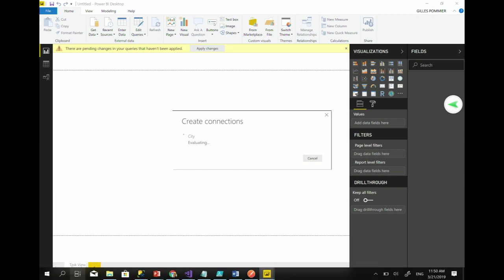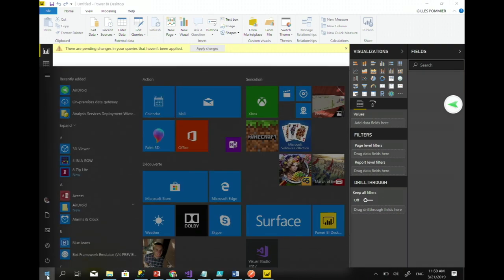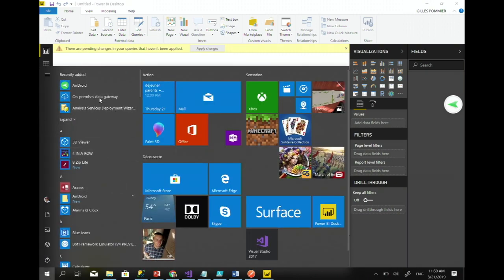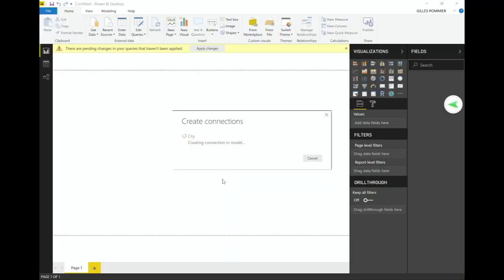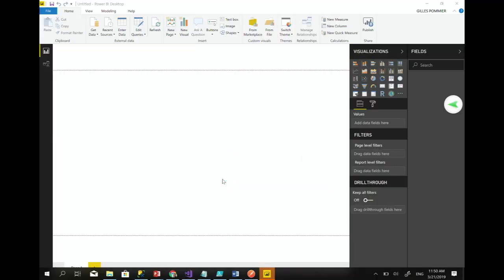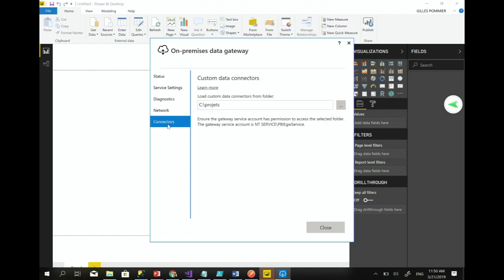Just because it's the end of the session, I want to show you this, because it's an on-prem solution. If you want to use it in Power BI, I mean the service, you have to provide the data gateway. You know that the data gateway can be installed from the Power BI menu, and then you can install the data gateway. Here there is a connector available, and you will check for the connectors that are available.